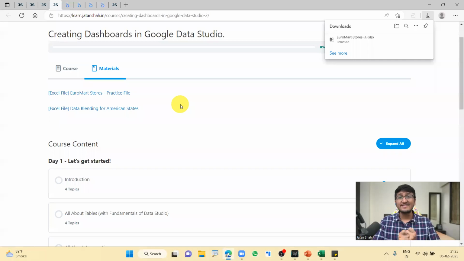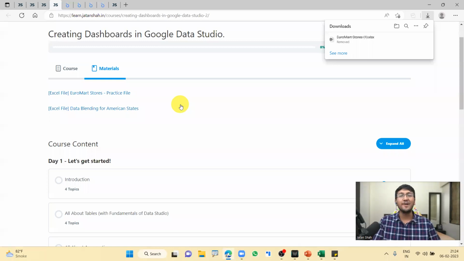We are going to use an amazing platform called Google Data Studio. What exactly is Google Data Studio? Google Data Studio is a dashboard building platform, which is completely online, which means you don't have to download any software. And no matter what device you have, whether it is Linux, a Mac, a Windows laptop, anything, you will be able to build a completely interactive dashboard for yourself. You will be able to get data from more than 300 different sources, from Excel, from Google Sheets, from SQL, from Google Analytics, everywhere, and build an interactive dashboard for yourself absolutely free of cost.